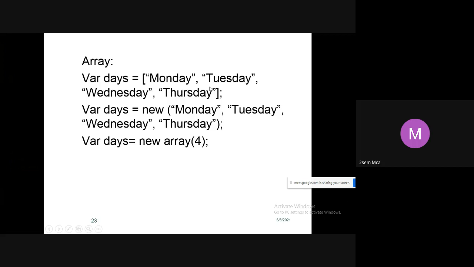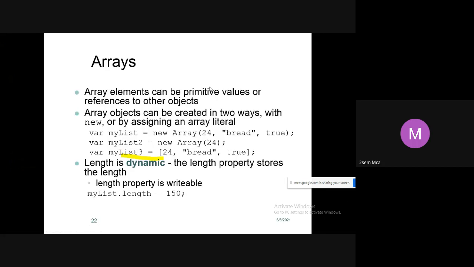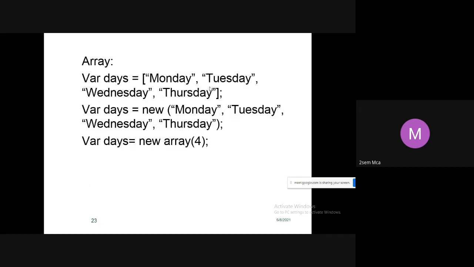Yes, students, in the previous slide, what I told is an array object can be created in two ways, that is with a new object and with a literal. So here, how to differentiate is you observe this carefully, students. In the first line, I have used a square bracket.